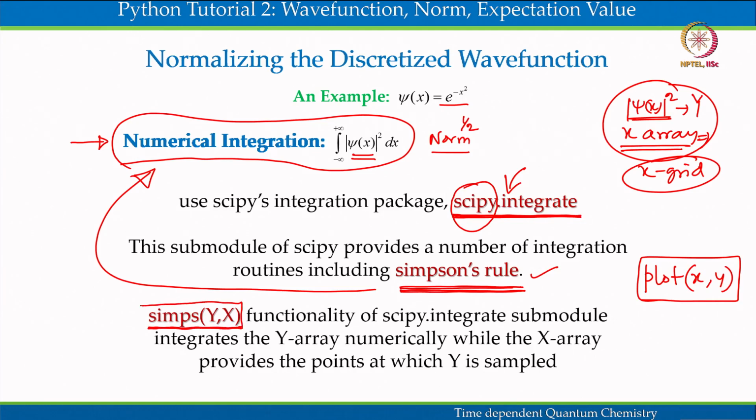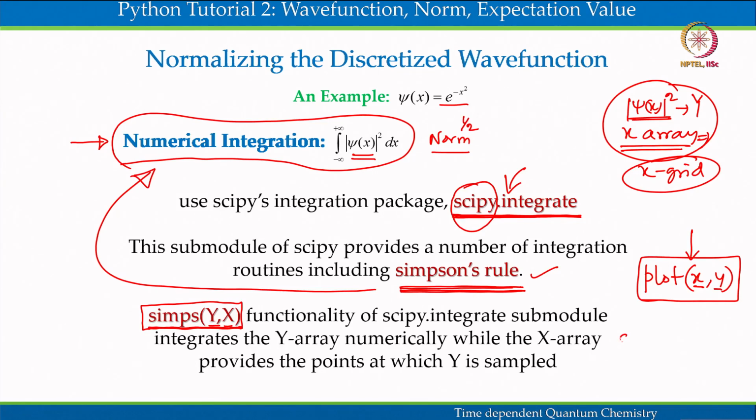So y comes first and then x. This may confuse somebody if you are doing Python programming for the first time. Just remember that pyplot has the construct xy, but here I have the construct yx. So do not shuffle these two arrays,